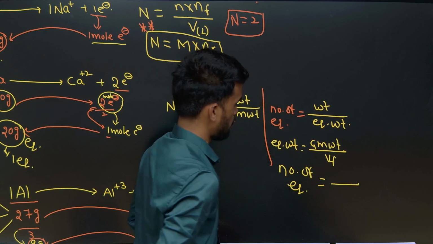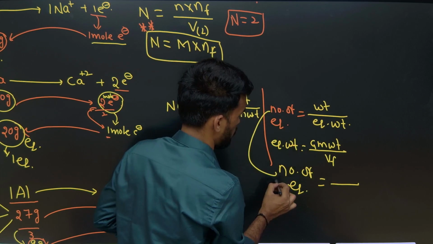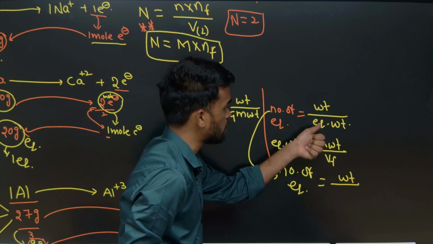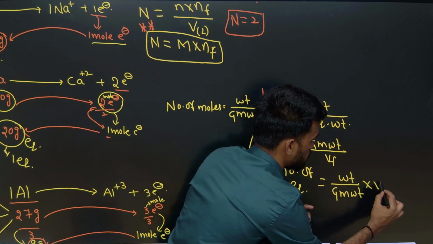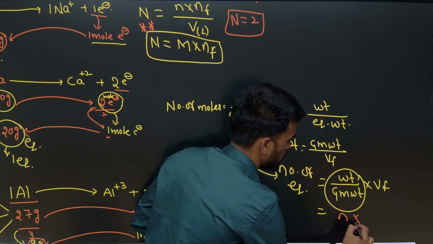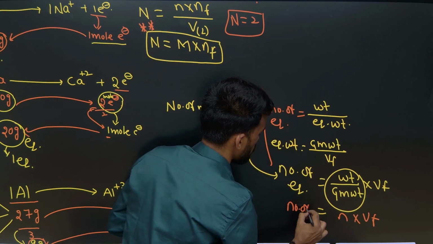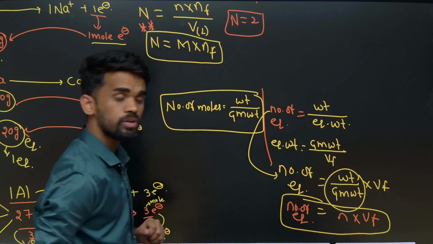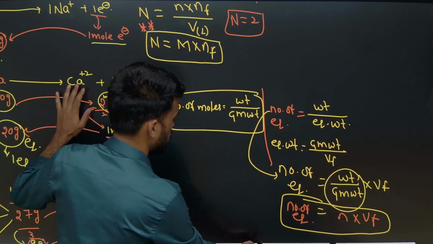So now just check here, number of equivalents equals, see here what I told you. Again write weight only. In terms of equivalents we can replace with this. So equivalent weight can be written as gram molecular weight by valency factor. It means I can write here, weight by gram molecular weight, which is nothing but the number of moles, into N factor. So this formula and this formula you can remember for doing numericals. Okay, I hope it is clear how to differentiate molarity, normality and the relation between them.